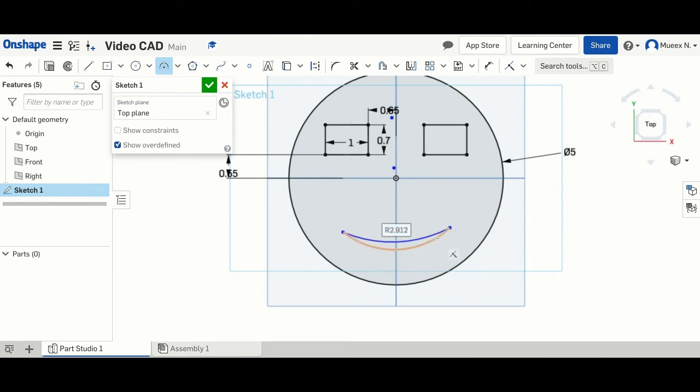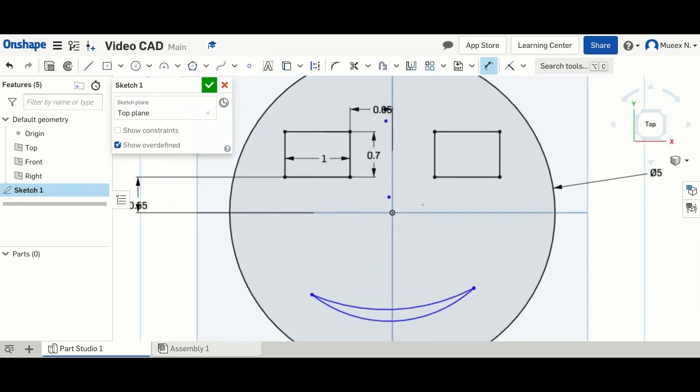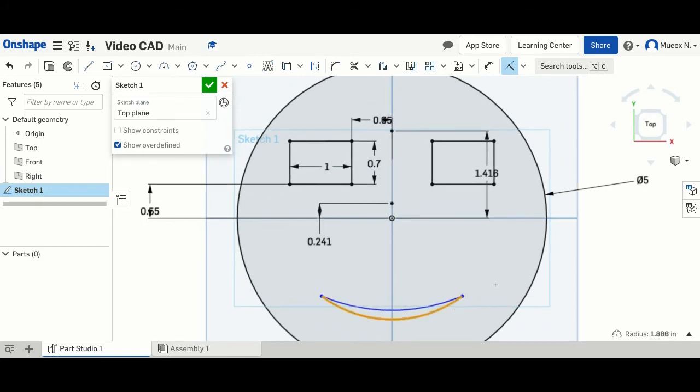And it might be kind of hard to dimension this, but you really just have to dimension this like this. The dots, you don't have to worry about the circles, you can just do the dots. And then you can use the constraining tool to constrain this dot to the middle line. And do the same thing here. And then dimension this with the dimension tool, and then dimension this. And this,